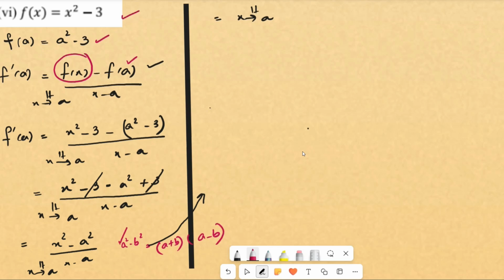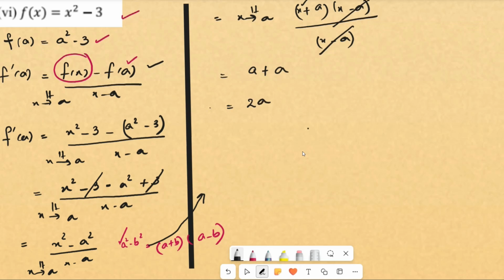We are going to use this formula here, x plus a into x minus a divided by x minus a. x minus a is cancelled with x minus a. The remaining we have to replace x as a. So it would be a plus a, that is 2a,